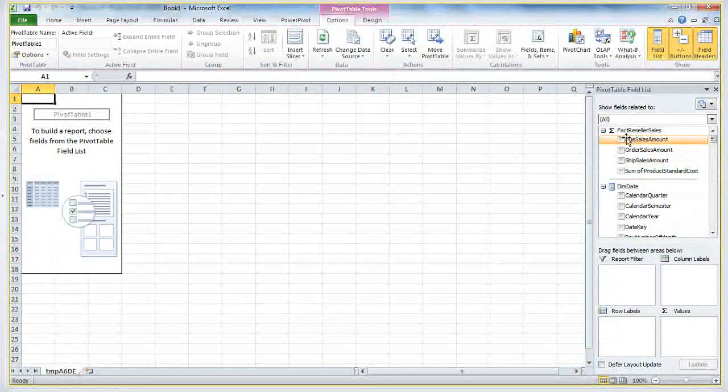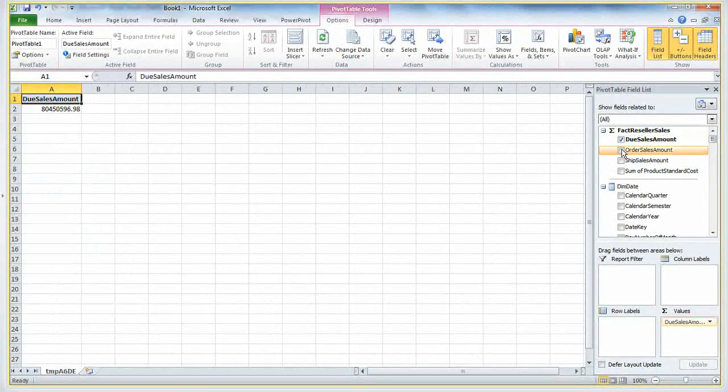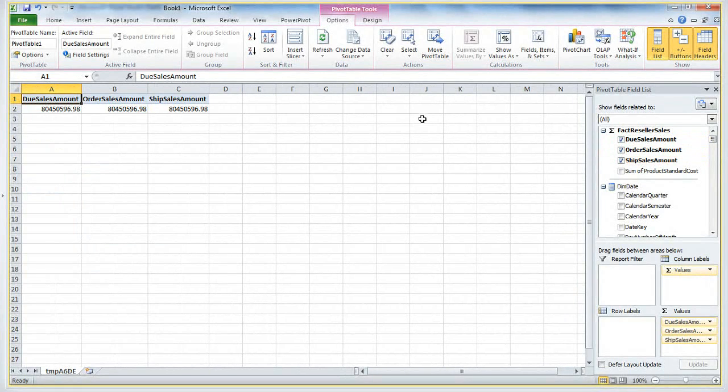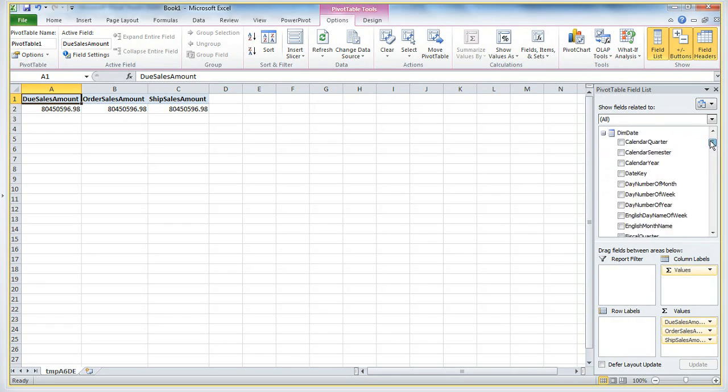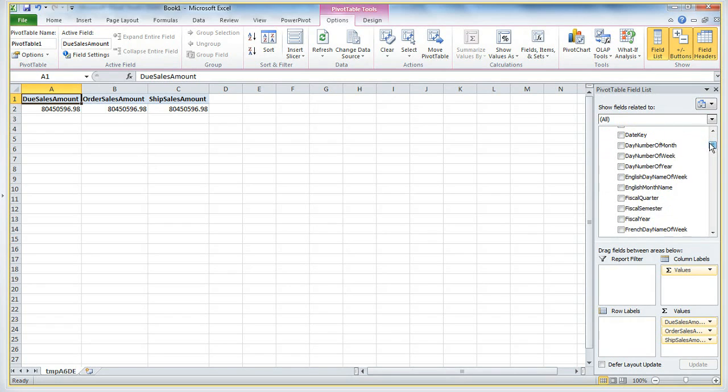Well, notice in fact reseller sales, I've got due sales amount, order sales amount, and ship sales amount. Now, over the scope of all the time, they're going to be the same. However, if I start breaking them out, for instance, I'll come down to the date dimension, and I'll take the